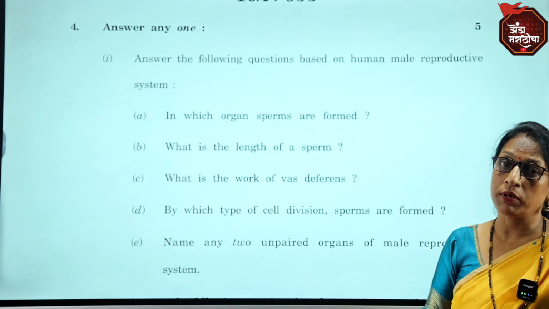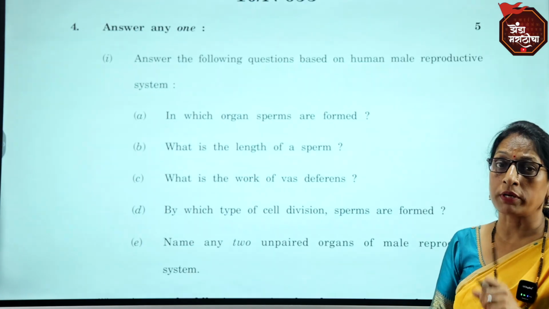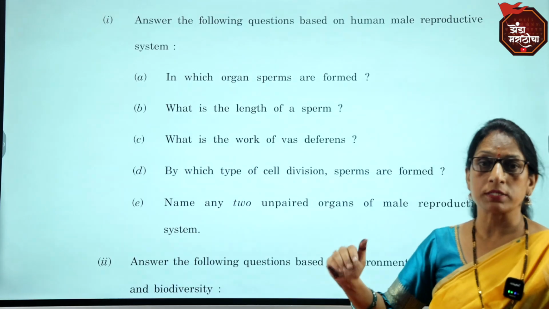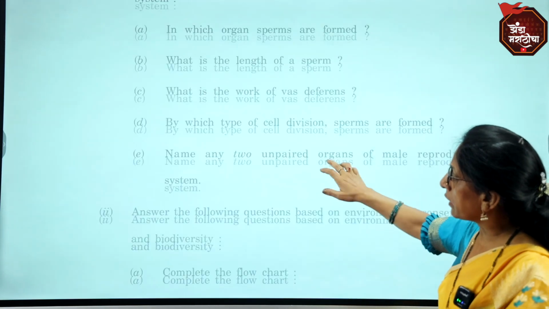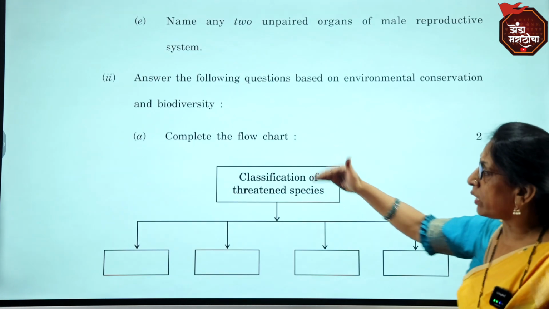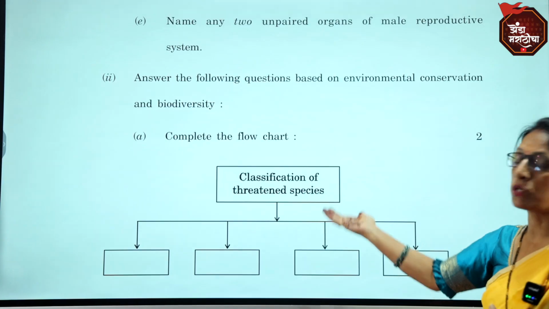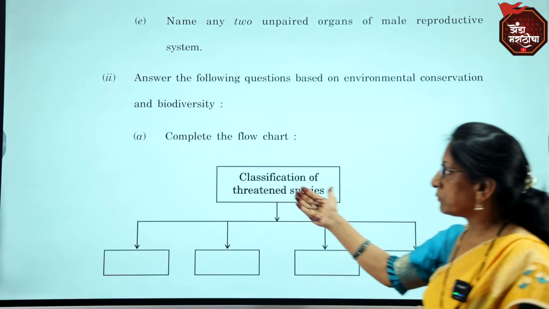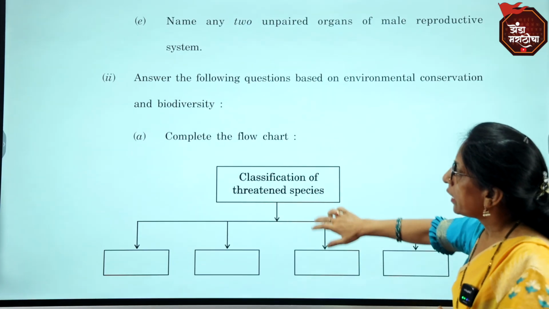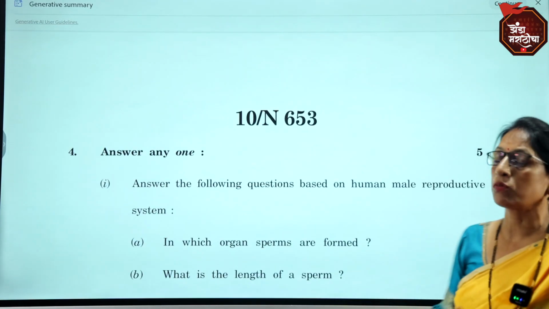It should be scientific, and when you are attempting these types of questions, you explain it, but the explanation should be scientific. Again, you have been given the option, so you have to decide which question you are going to do and answer it. When you are answering the questions, the order of the questions should be proper, and don't change the order of the question paper from what is given in the question paper.